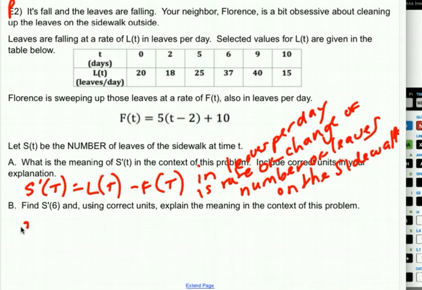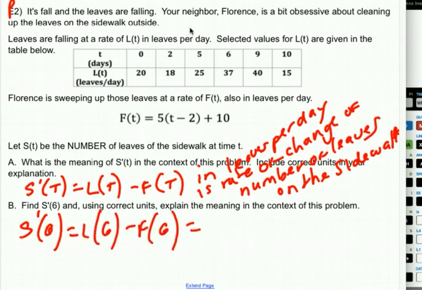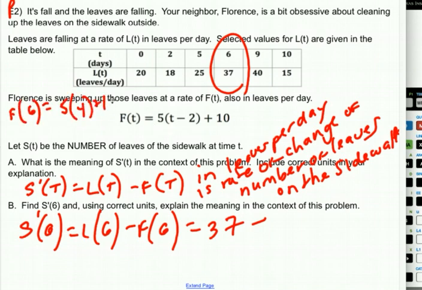So S prime of 6 is going to be L of 6 minus F of 6, right? Well, L of 6 is 37. F of 6, if you need to find it, you can do it in your head or you can find it here. Well, that's going to be a 5 times a 4 plus a 10. Oh, Florence is going to be mad. That's a 30. So 7 leaves per day. All right, so S prime of 6 is 7 leaves per day, which means on day 6,